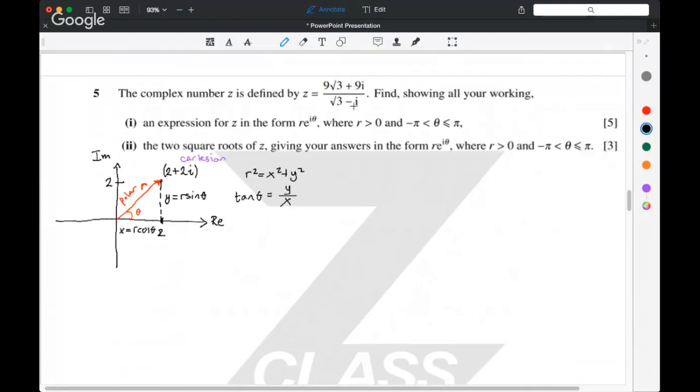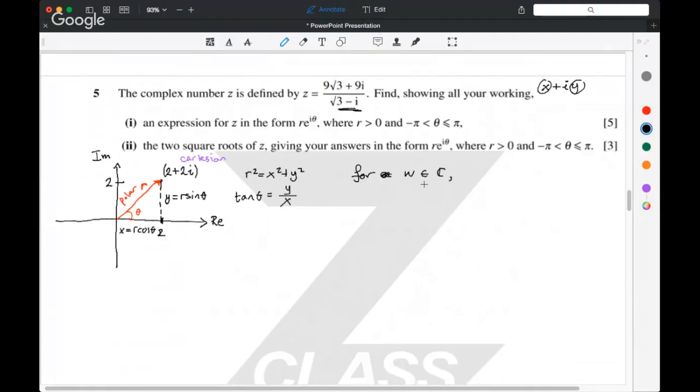So what about this guy? First of all, you should realize that he needs to be hammered into shape before you can actually do anything with him, because he's got this imaginary part in the denominator, and we do not want that. We need something in the form x plus iy, where x and y are real numbers. So what does an i in the denominator mean? We need to get rid of it. The way to do it is to remember that for a complex number w,